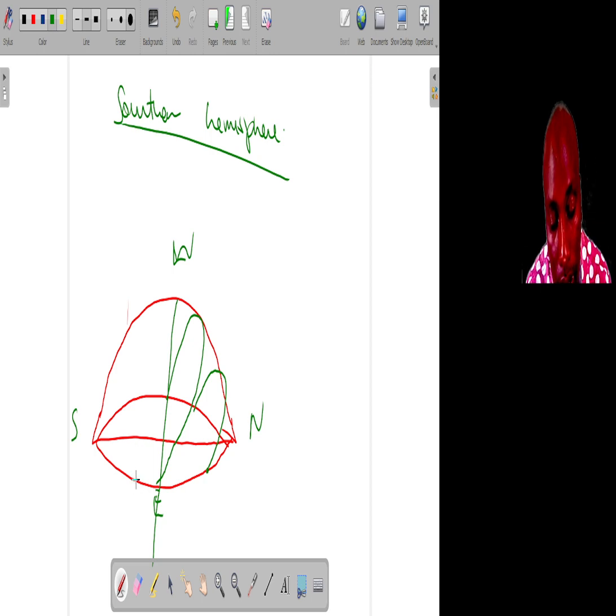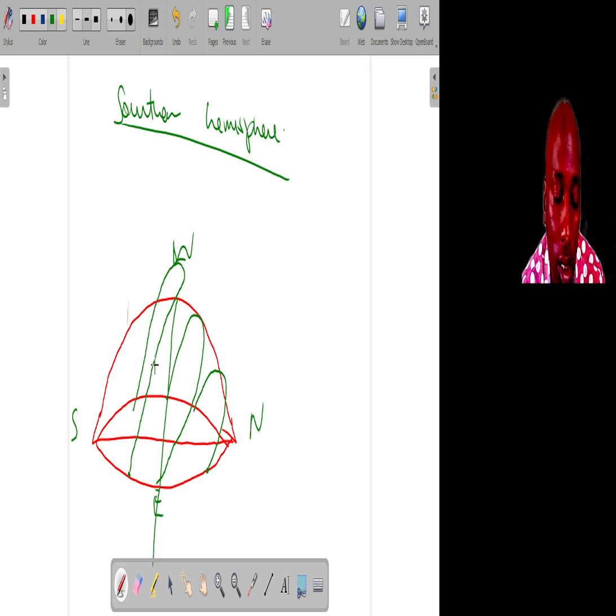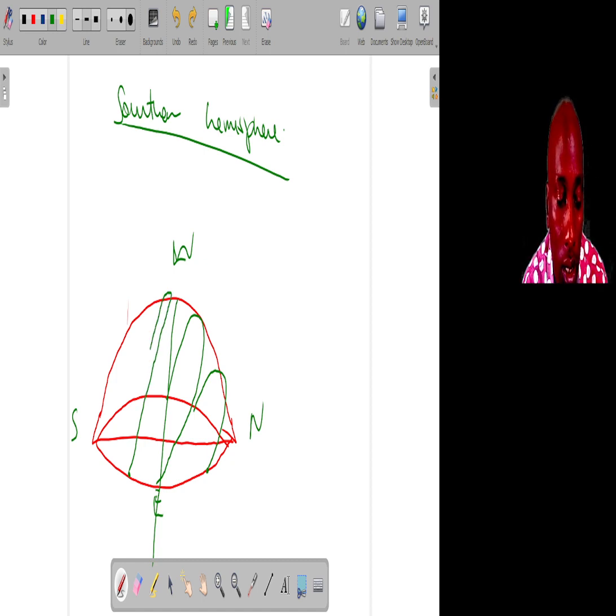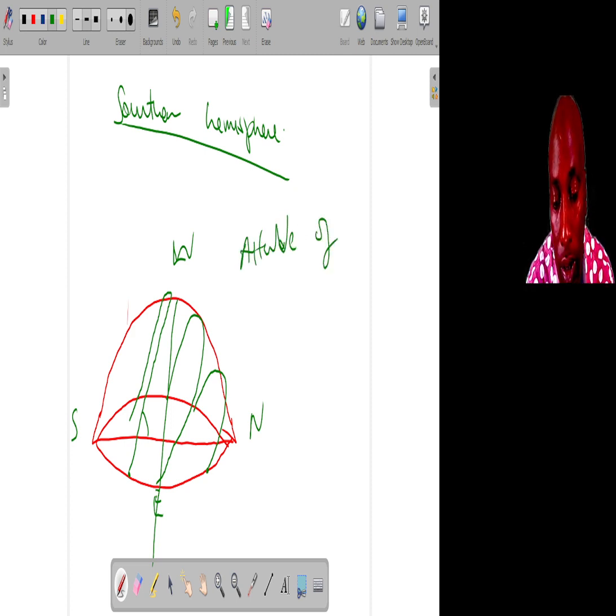Then during summer, it will rise at southeast and go all the way towards the south, then it's an angle over an altitude of around